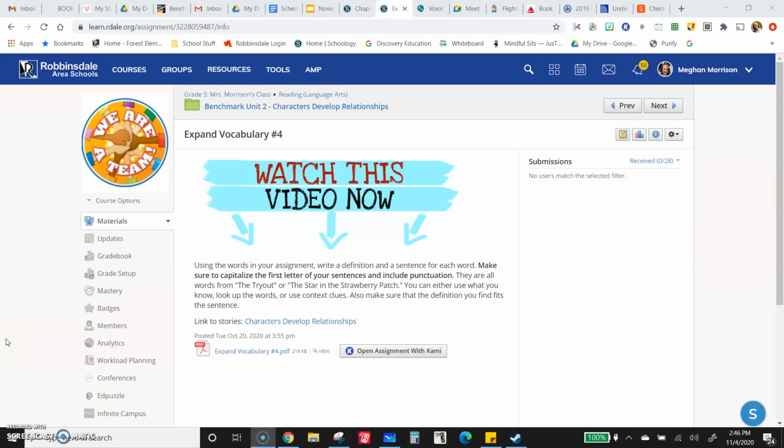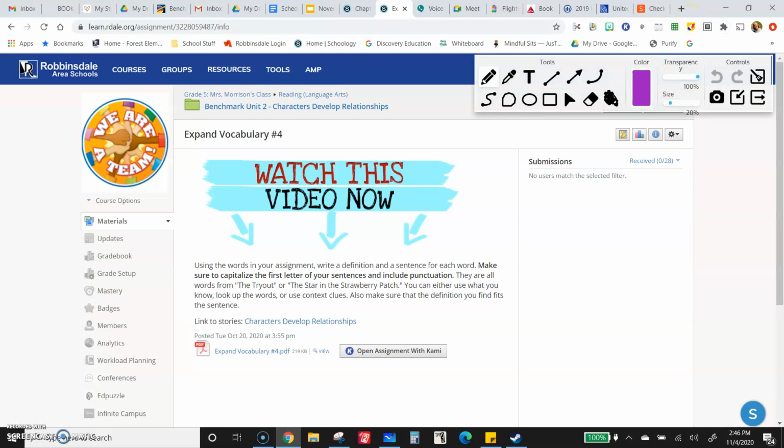All right, another vocabulary assignment. Notice how it is number 4. That's because we did 1, 2, and 3 in the last unit. So we're on number 4. We'll just keep going. So what you're focusing on is thinking, I can figure out what words mean and use